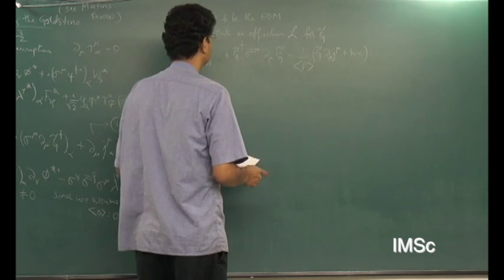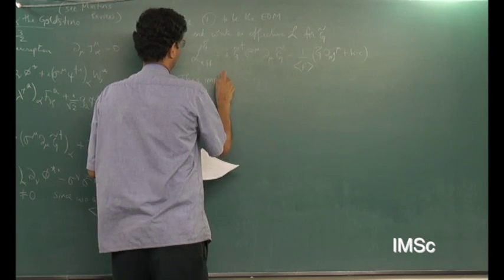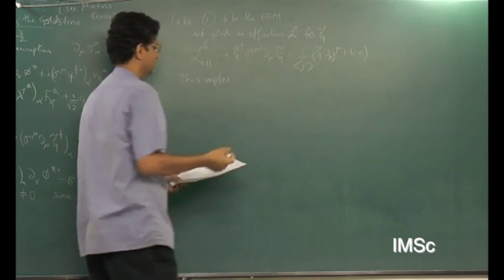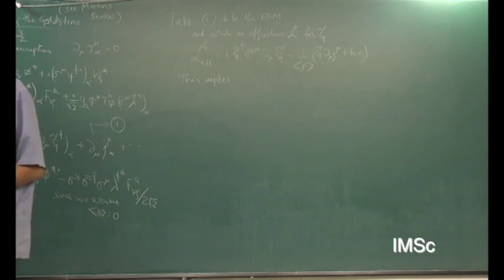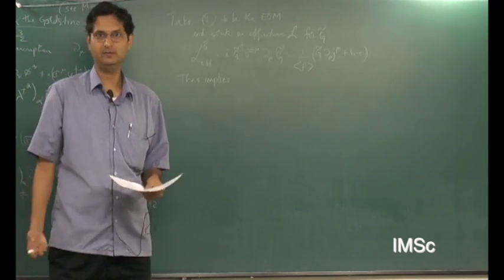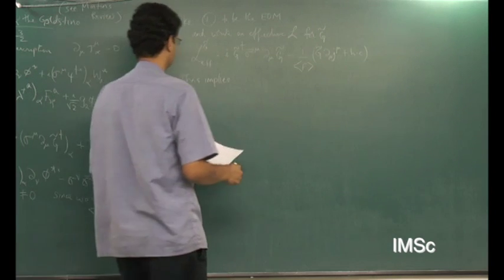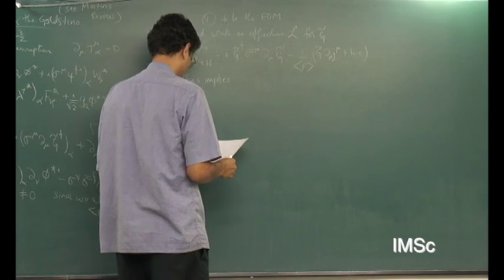So now this implies. Remember, this is not a full derivation of anything. It is just trying to pick out pieces that we need for phenomenology. We just want to see how the Goldstino couples, because that will end up dominating the phenomenology in some cases. So we certainly cannot afford to omit it completely.